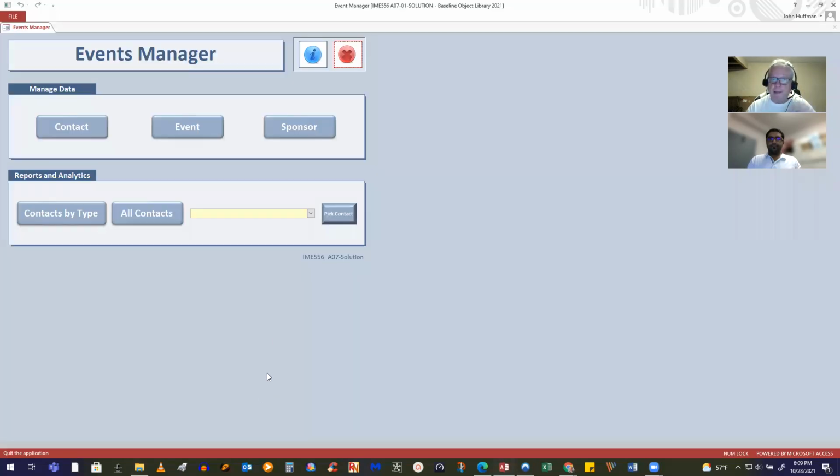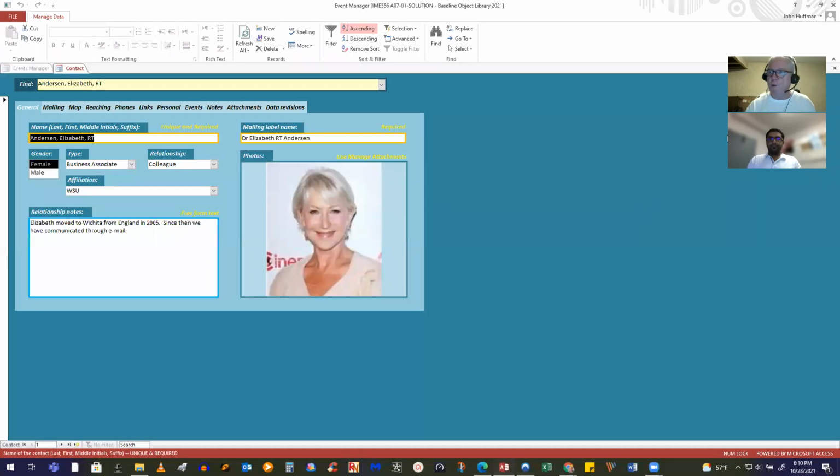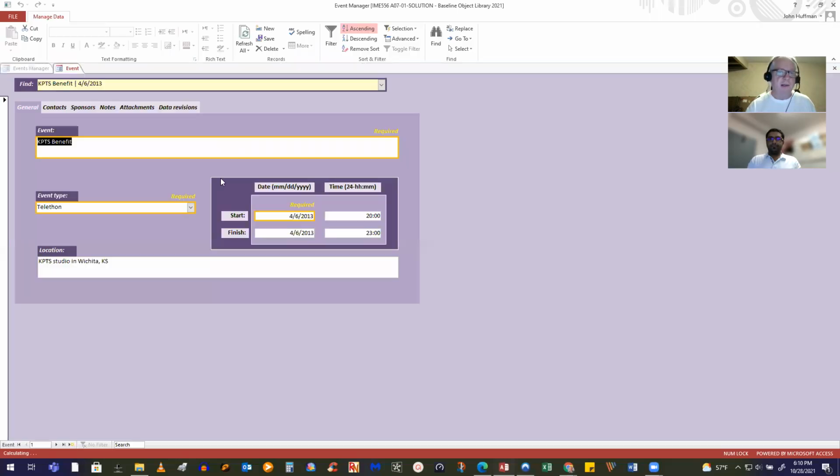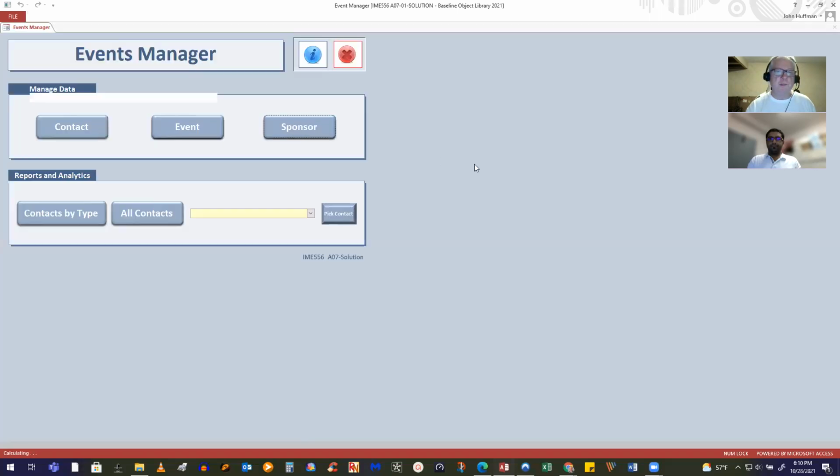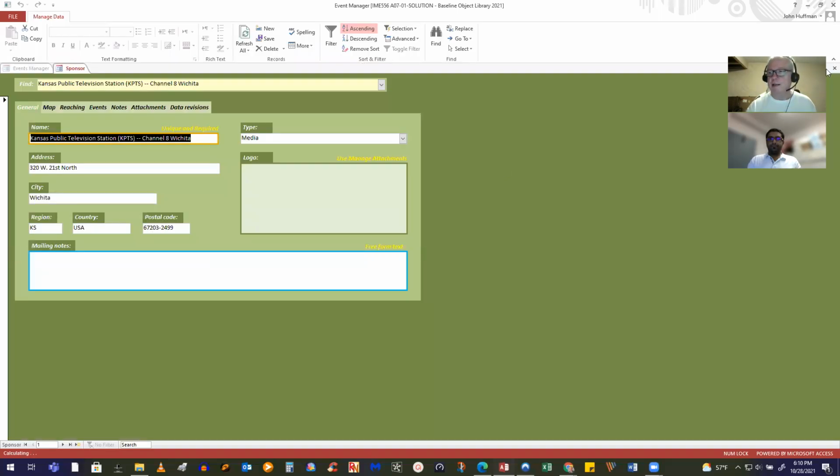So you will replicate this basically. It doesn't have to be the same colors. You can have buttons that look different or move them around, whatever you want, okay? But it has to do the functionality that's behind this, all right? You'll want this contact, and when you click on that, it opens up the contact form that we are used to seeing. Click on this one, it opens up that event form we're used to seeing. You click on this, it opens up a sponsor form, which was, I think, in the